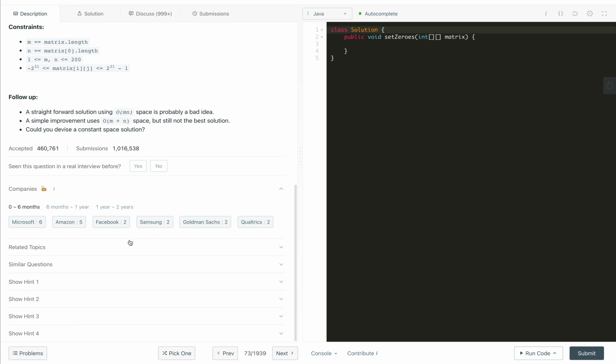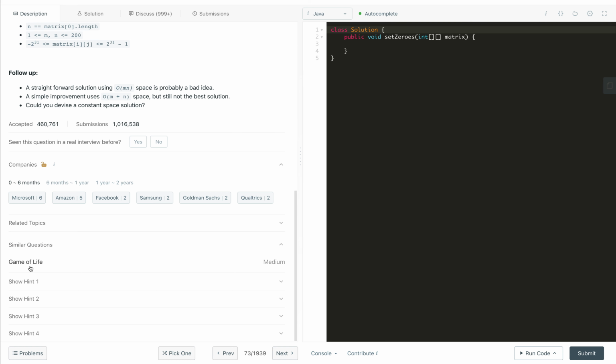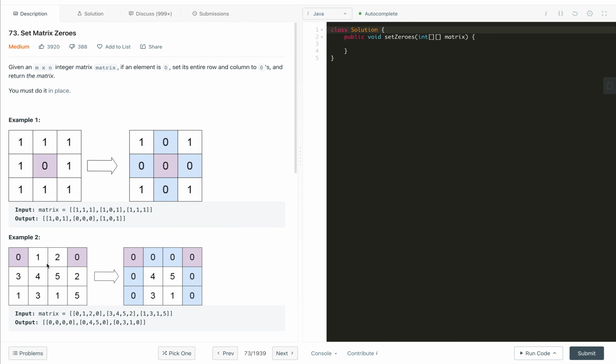We also solved a problem similar to this one a long time back. I already posted the video solution for that, Game of Life. If you have not solved it or don't remember, you can practice it by solving this problem as well. So let's jump into the problem.